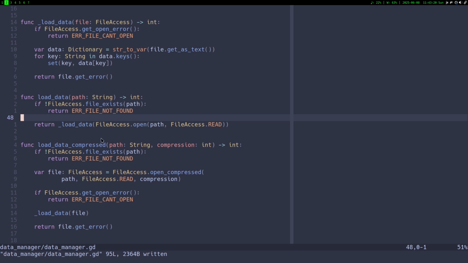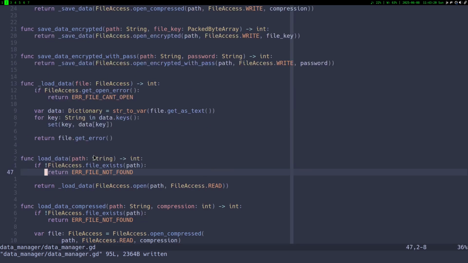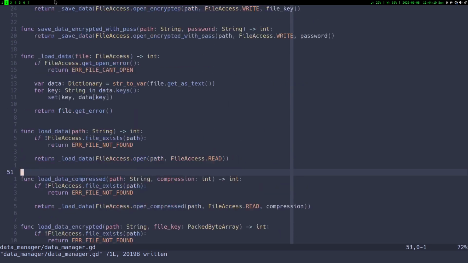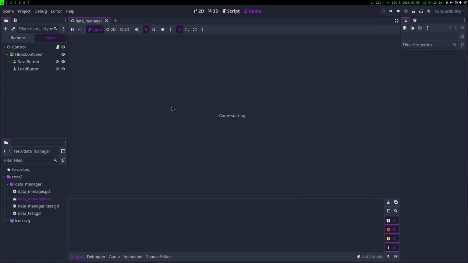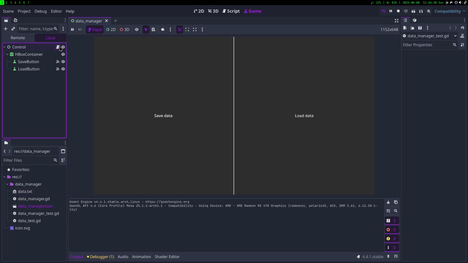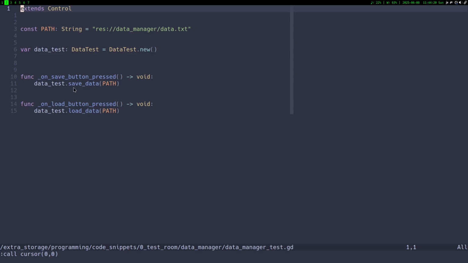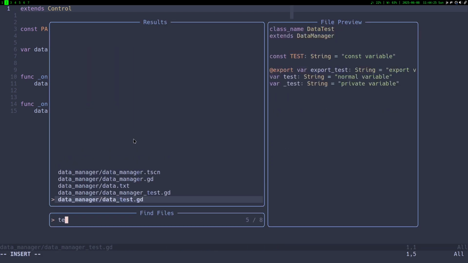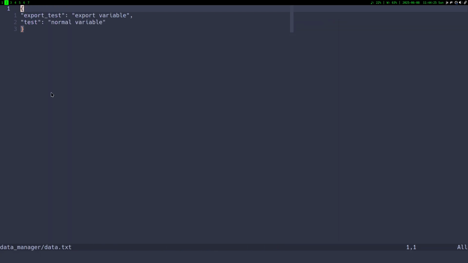So I'll quickly do this for the other functions as well, the other load functions. And that is everything we need to do. So if I run this little test script and I save my data, I will get a txt file because this test script is basically just saving the data normally, not compressed, not encrypted and such. So if I go to my txt file, I can see the export variable gets saved, the test variable gets